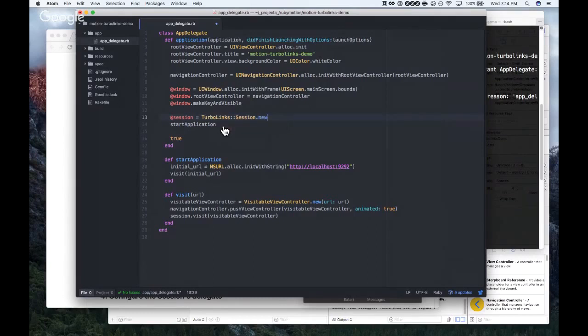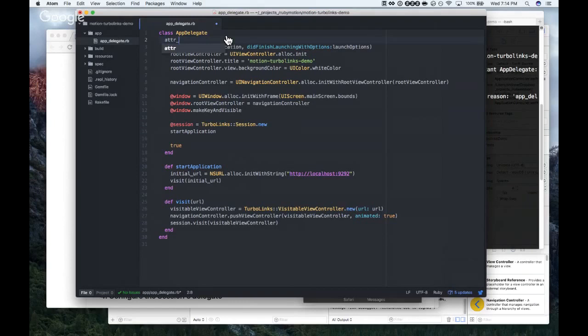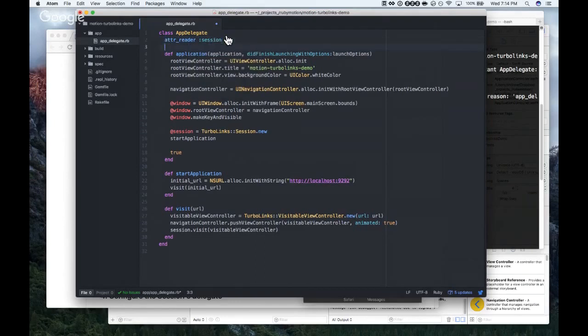Yeah. And visitable view controller, probably the same thing. And session, let's see, I think I can add a reader. Yep. Session. Yep. So since we've initialized it here, add a reader session will give us a getter so that we can use it down here. Use it there, yeah.